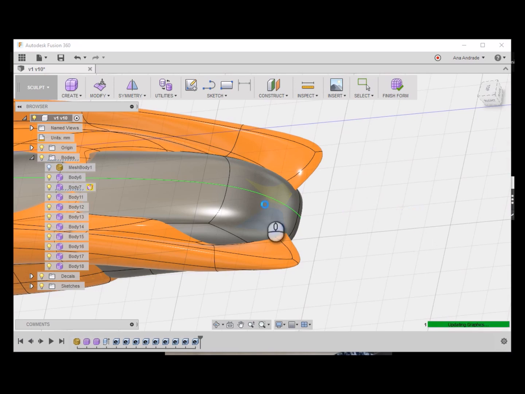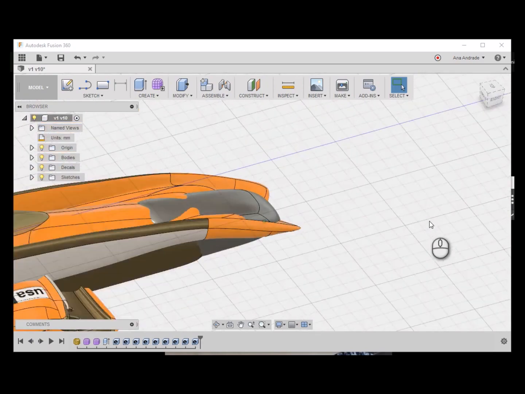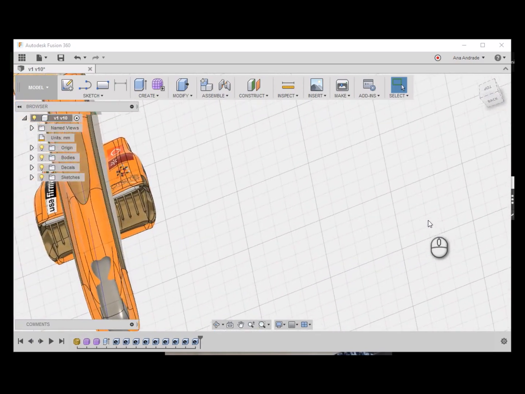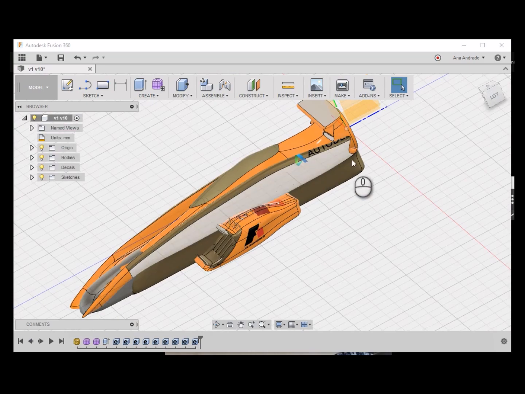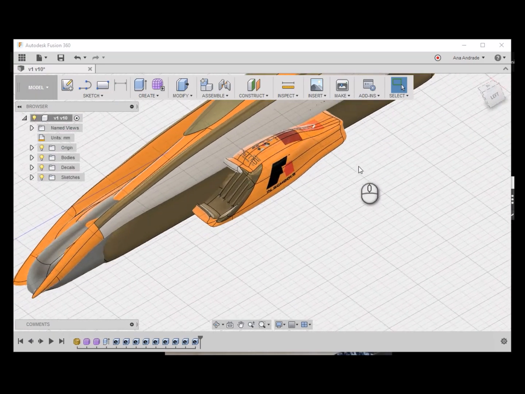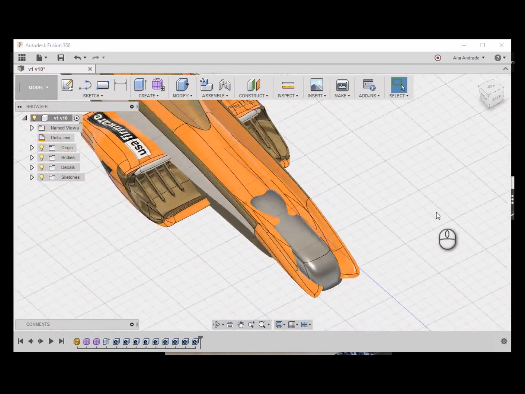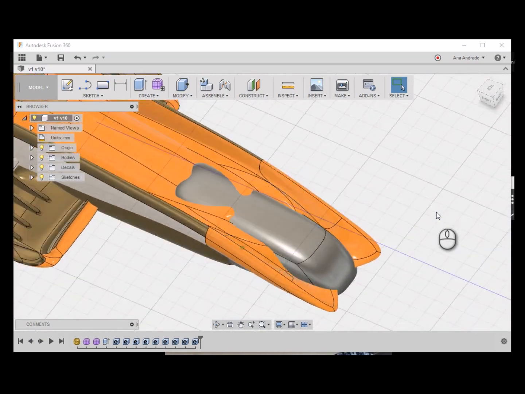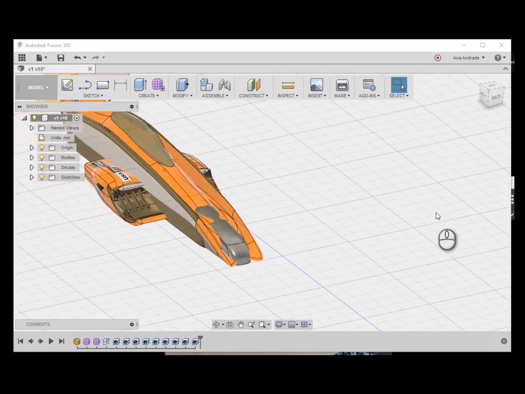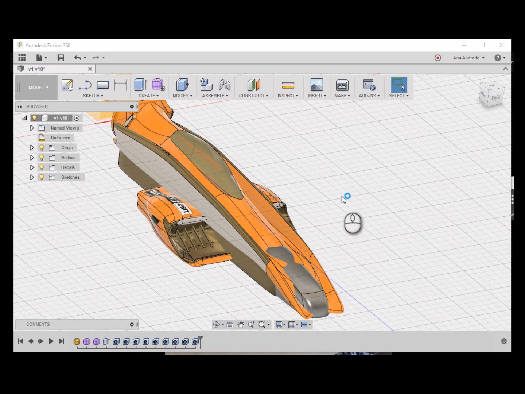I think it worked. Yeah, okay, great. So no arrows now. So we are now in a solid body environment. We're not modeling like before. So now to continue modeling,